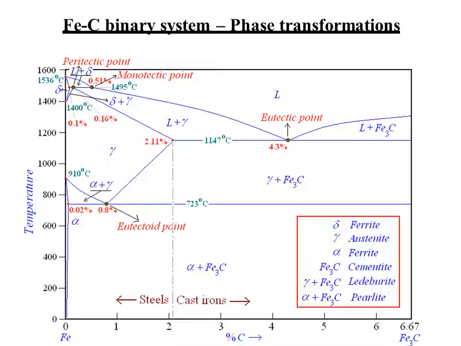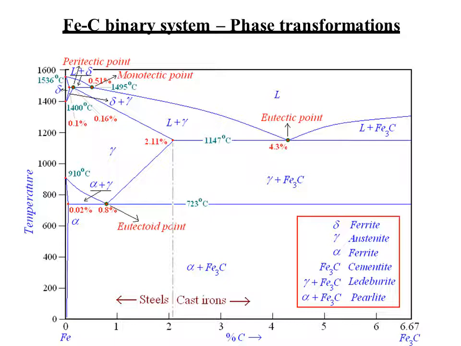It goes on. So there are many types of iron: ferrite, represented by delta, then gamma, that is austenite, then alpha ferrite, Fe3C, that is cementite, then alpha plus Fe3C, which is ledeburite, and alpha plus Fe3C, which is called pearlite. Okay, so there are so many types of iron which can be formed at different parts of the phase diagram